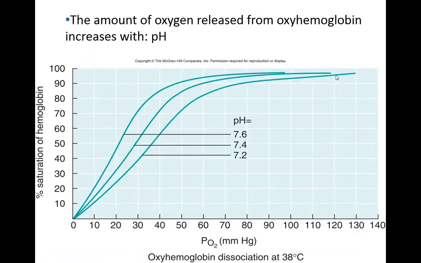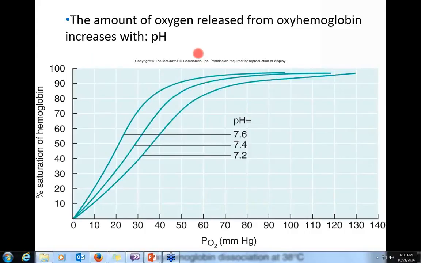Now, factors that regulate the release of oxygen from hemoglobin, there are three. The first one is pH, and we're going to start with this middle line here. This is normal pH. Now, if the pH starts to drop and the blood becomes more acidic,